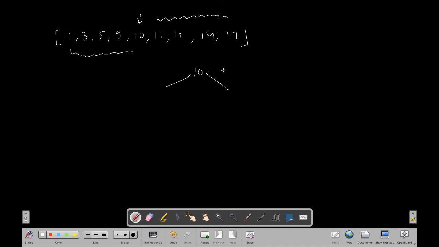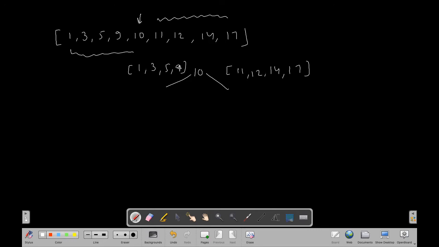So the nodes of the right subtree consist of 11, 12, 14 and 17, and the left subtree will consist of 1, 3, 5 and 9. So this is our first step.